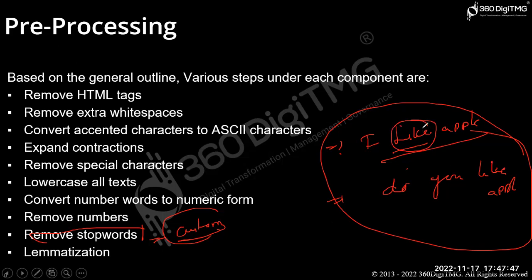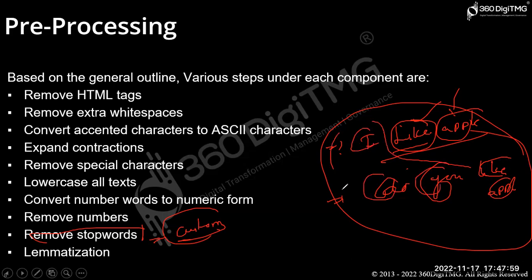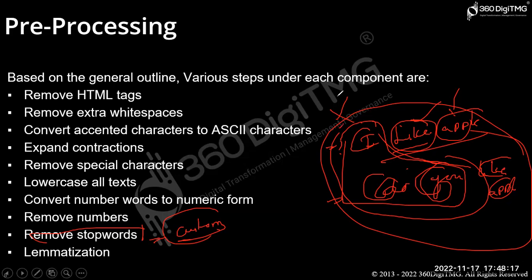So here, like, it is representing some sentiment: apple. I'll be talking about the apple. So you do like apple. These come under stopwords because we use them very frequently. But are they representing any sentiment here? No, they are not representing any sentiment. So what will I do? I'll simply remove all these things, whatever data is not having any sentiment. So we will be calling that removing the stopwords.